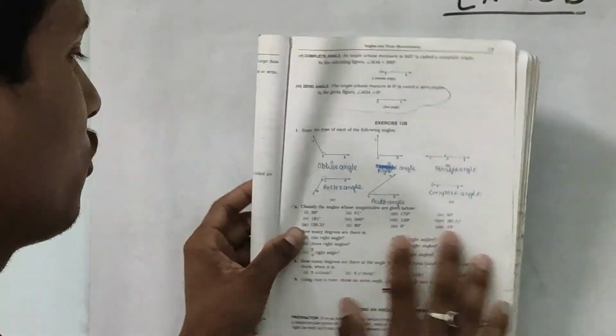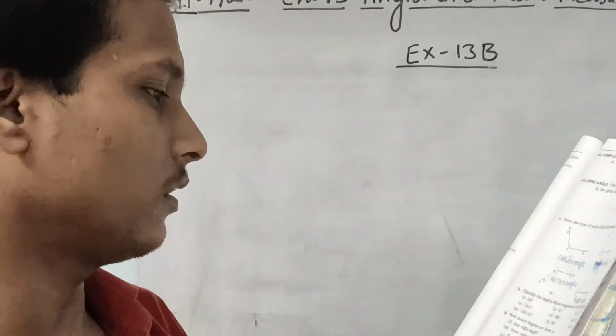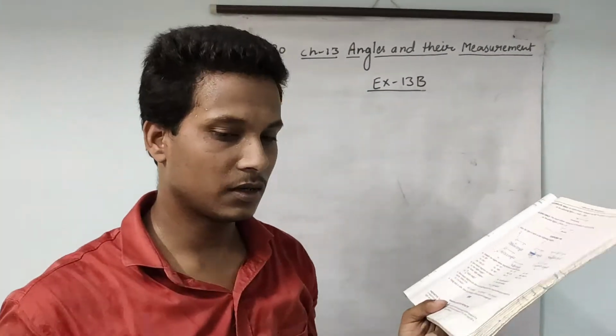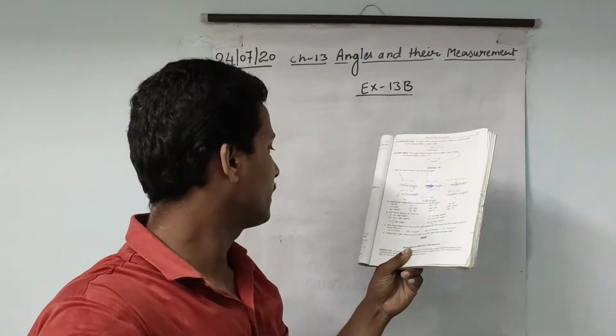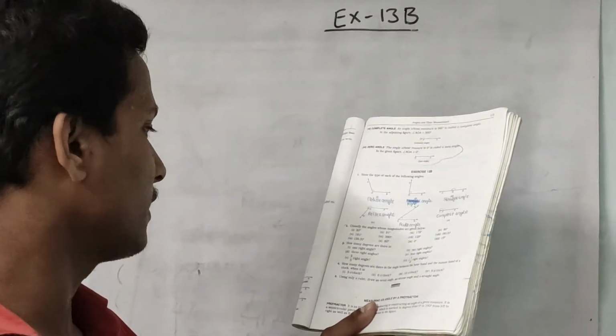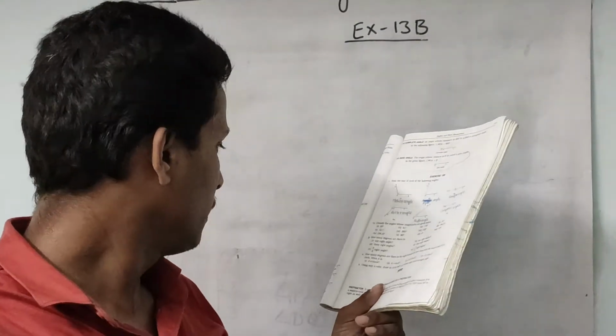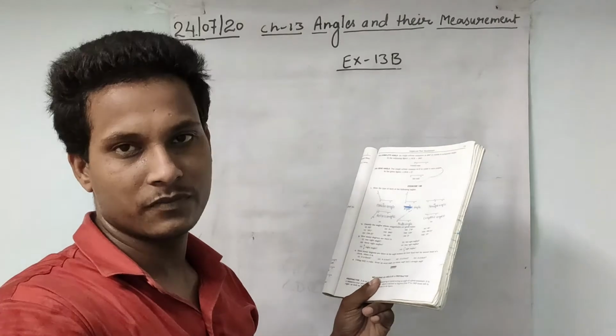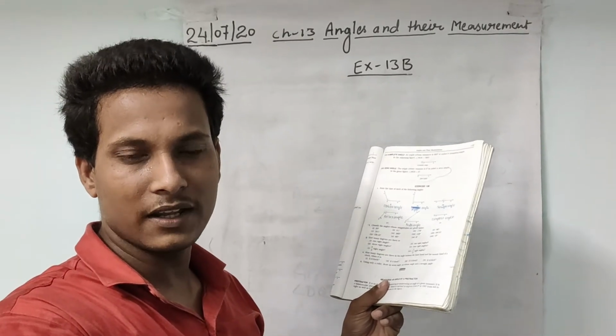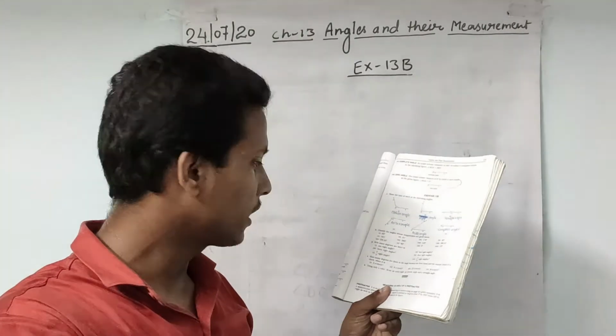Just like that, in question number 2 you will also use magnitude. The magnitudes are given and you need to identify the angles. Just like I am taking the example, question number 8, 90.5. So 90.5 is greater than 90 and less than 180, so it is an obtuse angle. Like that, 38.3 is less than 90 and greater than 0, so it is an acute angle.